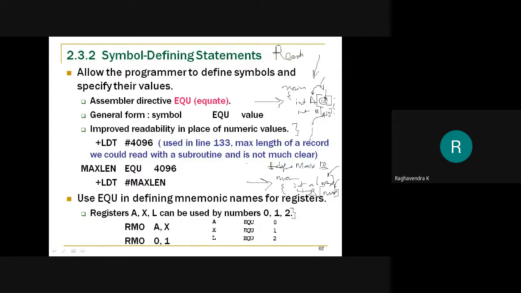But now let us consider a second scenario. Second scenario is where I have to modify the size from 10 to 100. I have to modify the size of the array from 10 to 100. So look at how many changes I make. Here I make one change, which is 100, and here I make one more change, which is 100. So two changes I had to make. Now suppose I had that 10 defined in more than one statement, then in all those statements I had to make the change.